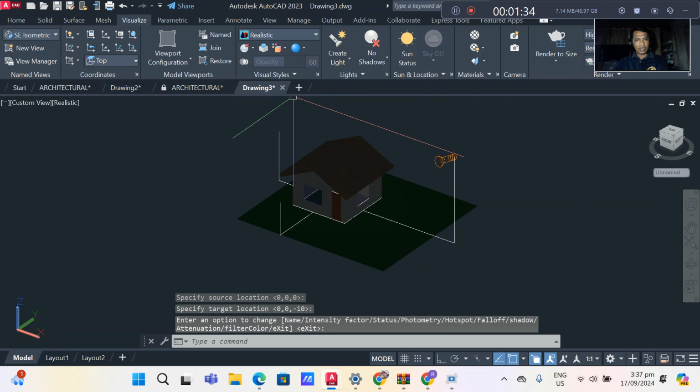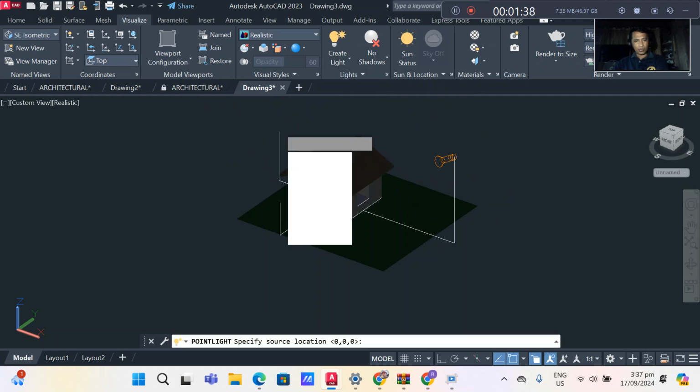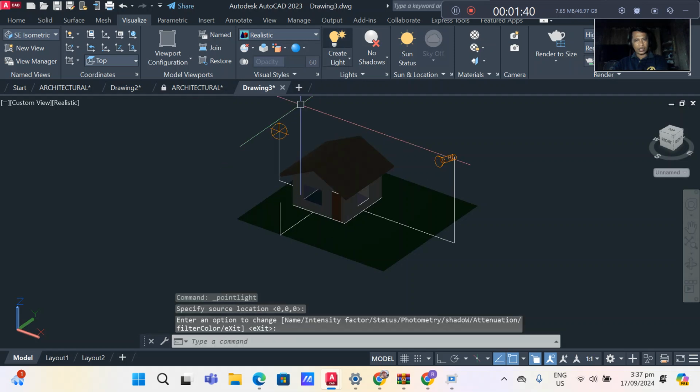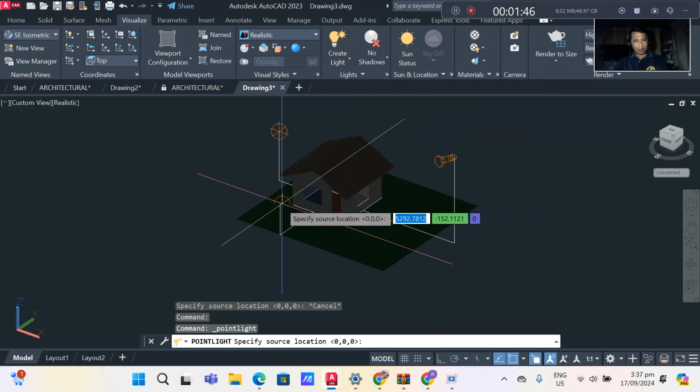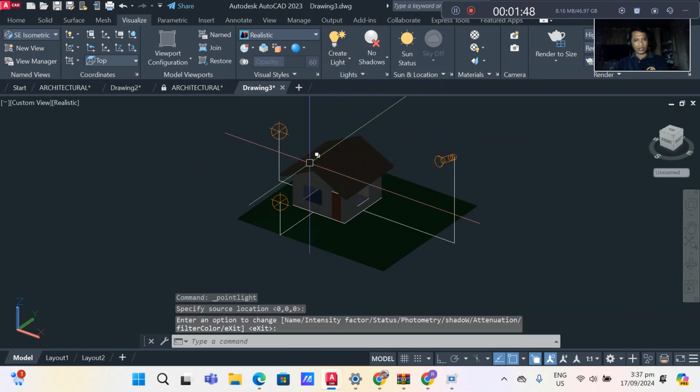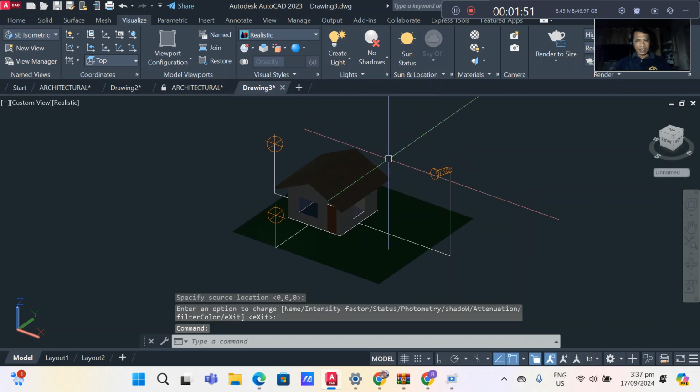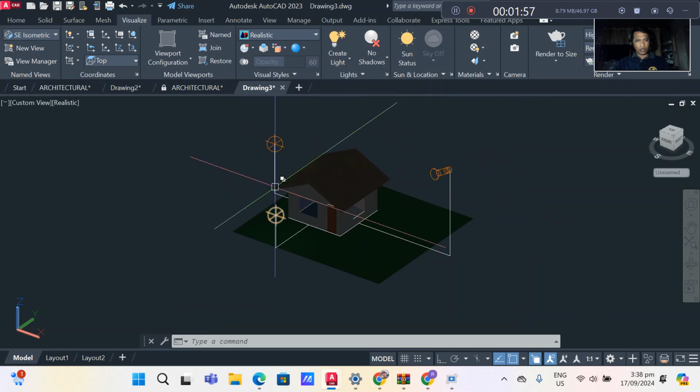Then another is the bulb. You just put bulb here, then enter, then click again here, another for bulb, then enter. So there are three different sources of light here, the spotlight and then the two-point bulbs.